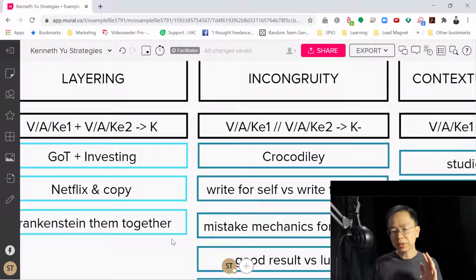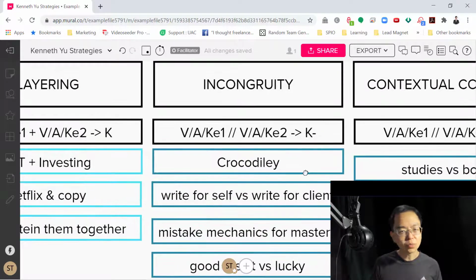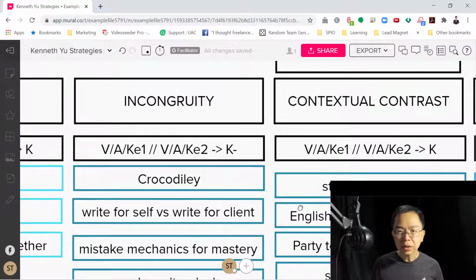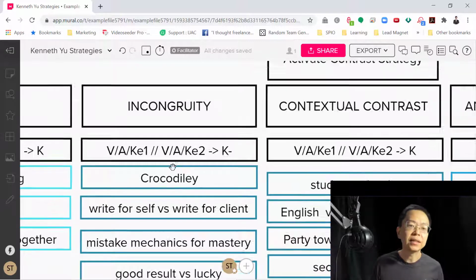Incongruity. Oh, this one is, in my view, one of the most powerful ones, right? But because we're not talking about any specific target audience in mind, incongruity doesn't really come up. So he established incongruence with Malaysian teachers, right? Of course, there are teachers and then there are teachers. So what he does is he gets the context and compares it with contextual contrast, where the kinesthetic experience is just different. It could be neutral or it could be positive. Incongruence is a negative kinesthetic impact.